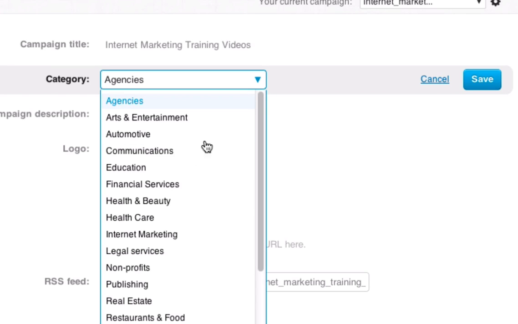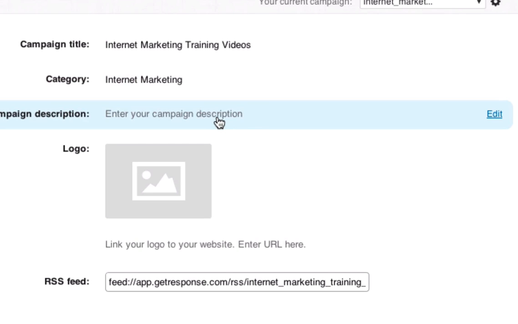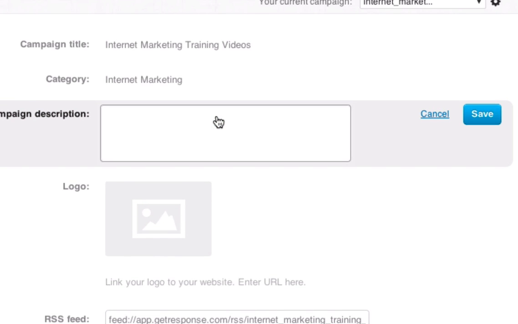So we select a category, and our business is all about internet marketing. And also we need to enter in a description. This is also something that your subscribers will see, and I'll show you where they see this. It's going to be when they subscribe to your database. They'll get a confirmation page, a thank you page, and on the thank you page it will be described what they've subscribed to, and that's where your description appears, and also the name of your database using